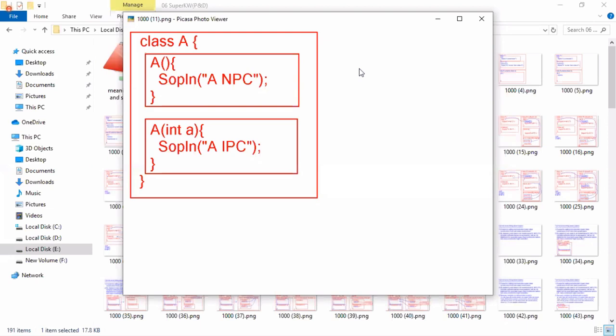Who is the super class of class A? Object class. And tell me, does the compiler insert the super call as the first statement, second statement, or last statement? It will always place it as the first statement. Calling the super class constructor in a subclass constructor is mandatory and it should be placed as the first statement.